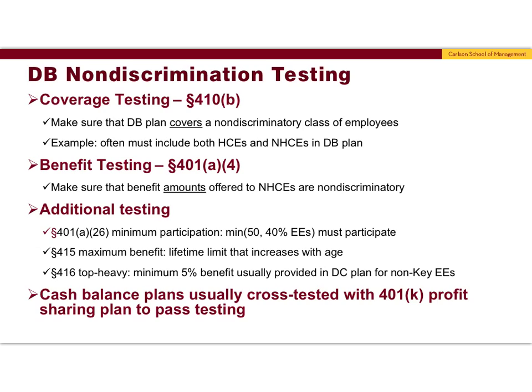These rules are intended to ensure that pension plans are accessible to most employees. For example, many retirement plans must allow both highly compensated employees, known as HCEs, and non-highly compensated employees, known as NHCEs, to participate in the plan. Benefit testing under Code Section 401(a)(4) is the other main prong of the non-discrimination testing rules.